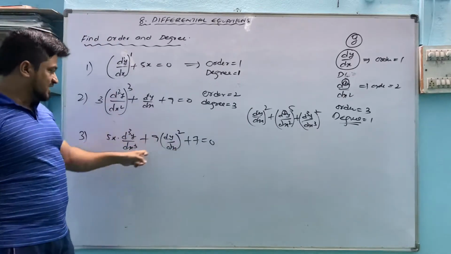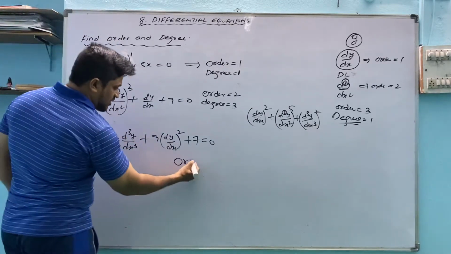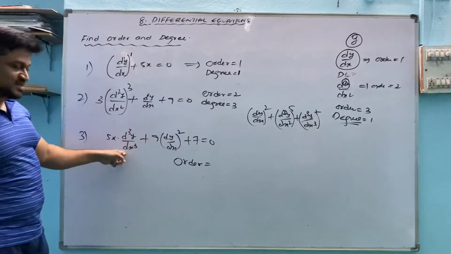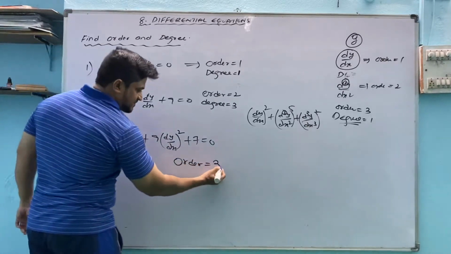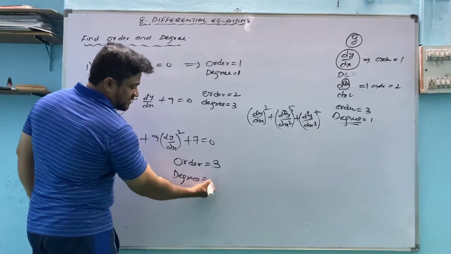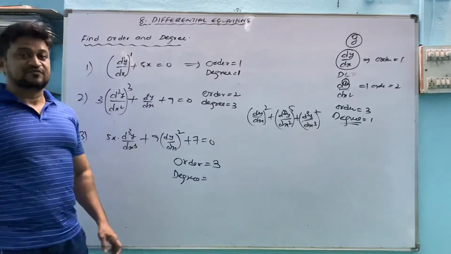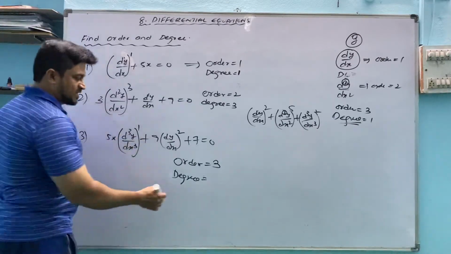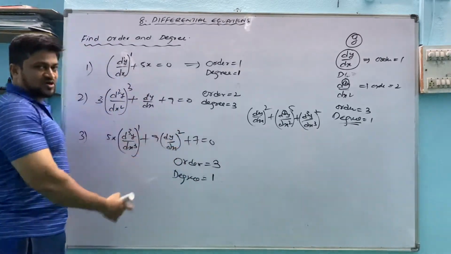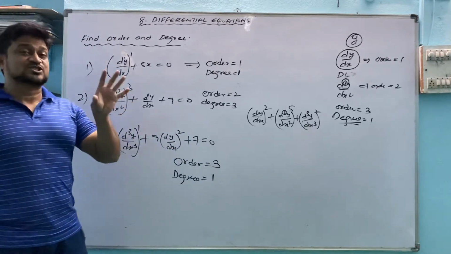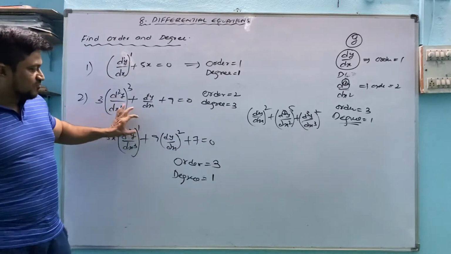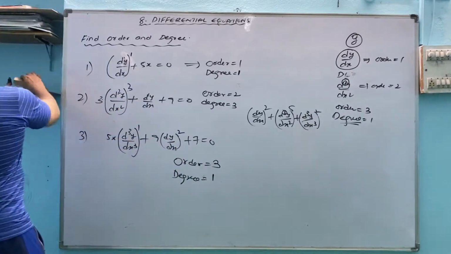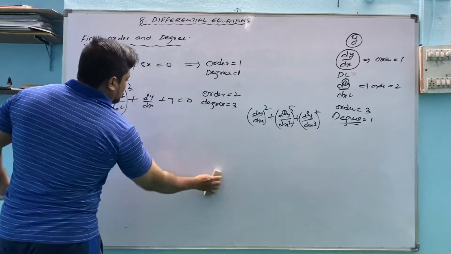Now what is the highest order here? Order means the highest time differentiated value. This is power 1 time, this is power 3 times. So the order is 3. And the degree means the power of the highest order derivative. This is a 3 times derivative, so it has some power 1. So the degree is 1. Don't take this degree, because we need to consider whatever highest order value is there, and whatever power it has, that is the degree of this. Okay. So if you follow some 10 to 10 questions, you can get it easily.